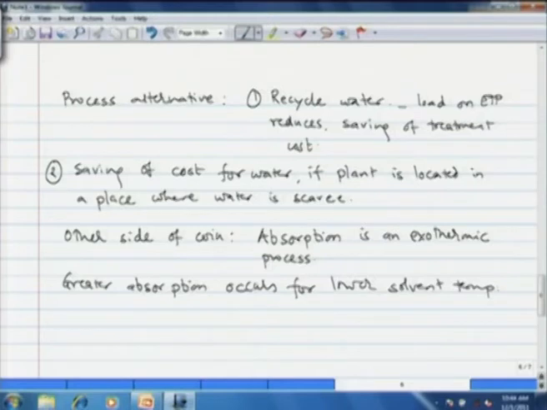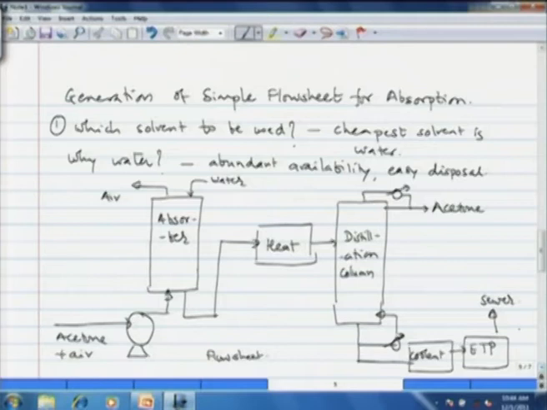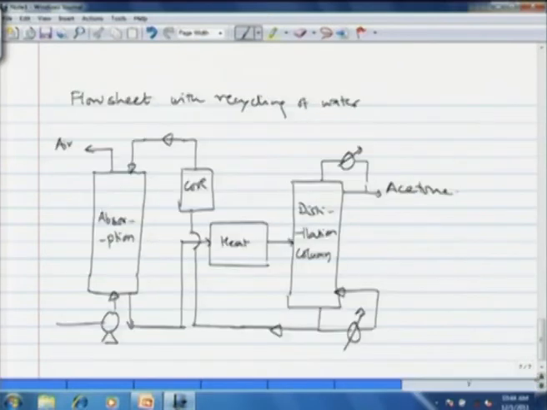Now, we are recycling water from the distillation column, and intermediately it is being cooled. Okay. Now, the temperature of water that will come out of the distillation column, which is basically, as you see, a side stream from the reboiler, would be about 100 degrees centigrade or 212 degrees Fahrenheit.